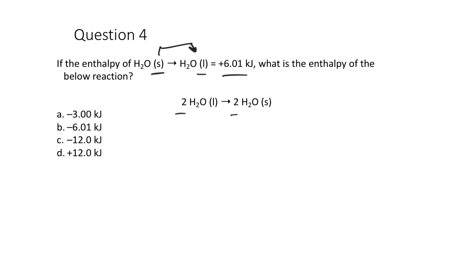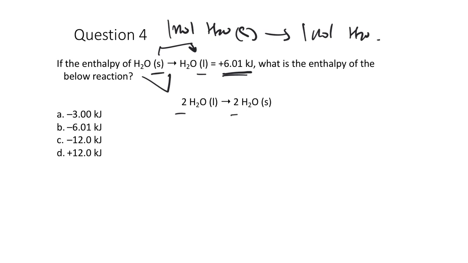And so this allows us to remind or to say that our delta H here, delta H of reaction, assumes that the coefficients in the reaction are moles. So when 1 mole of solid water converts to 1 mole of liquid water, then that reaction has a delta H of 6.01 kJ. It's plus 6.01 kJ per mole of water. So if I have 2 moles of water, converting to